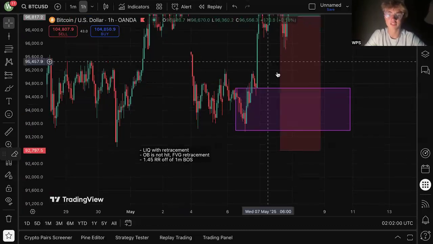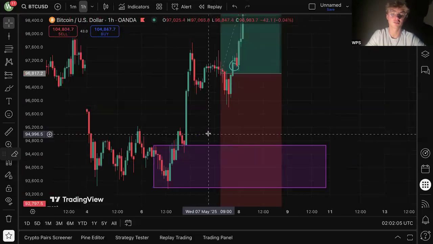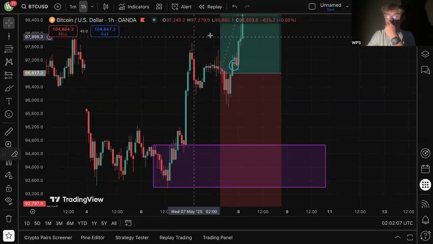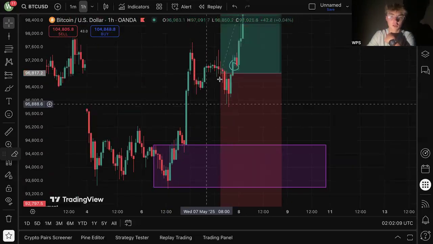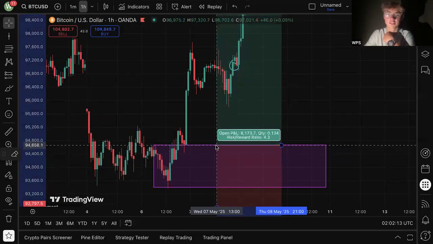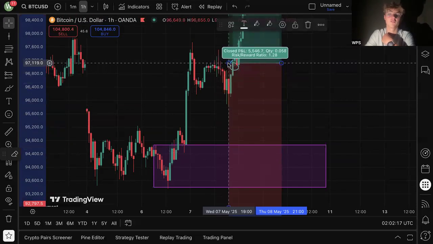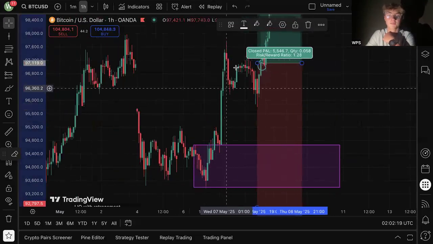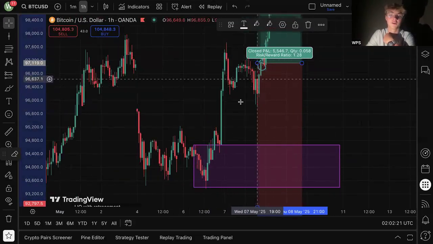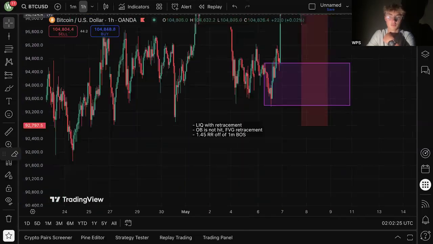Actually, now that I see it, price does retrace into this order block, and then the break of structure is so stark that it makes another retracement. So I could take the trade off of this and get a 4.3 risk to reward ratio trade. But if I missed it, which is likely what would happen if I actually was in this market, I would have to take it off of this fair value gap and put my stop loss below the liquidity stop loss